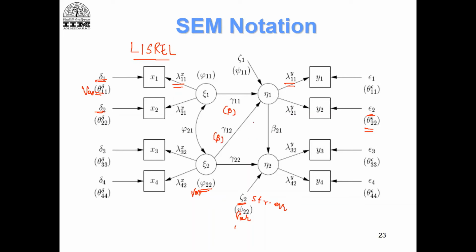Okay, and yeah, this is also structural error. These are observed items. These are also observed. These are all loadings. This is also loading. This is the path coefficient beta,